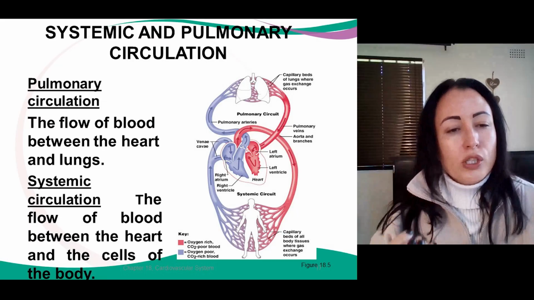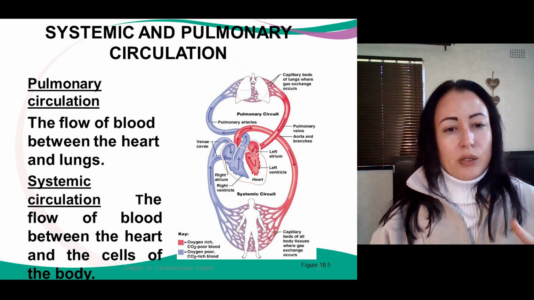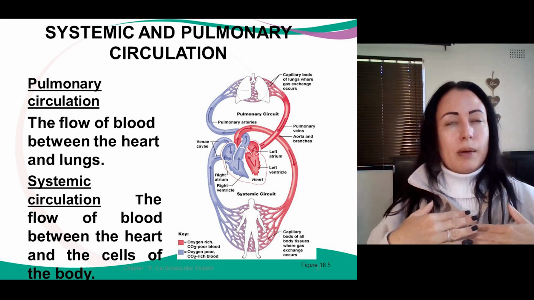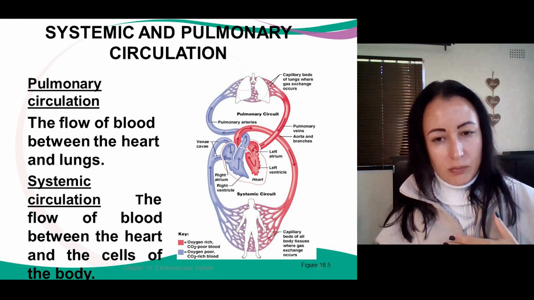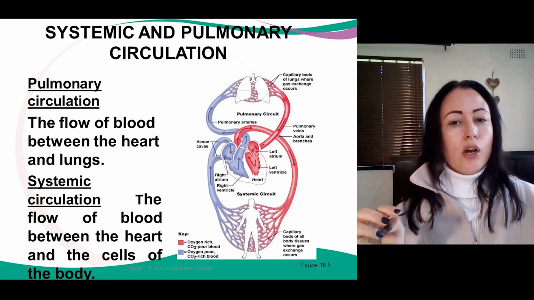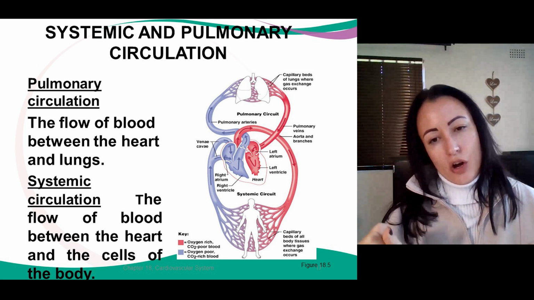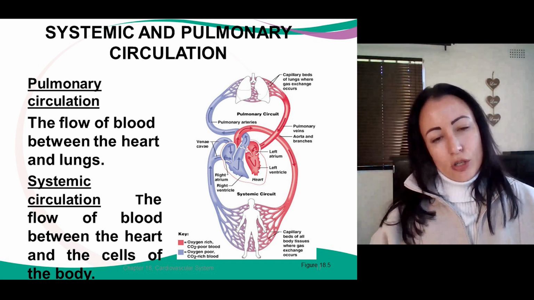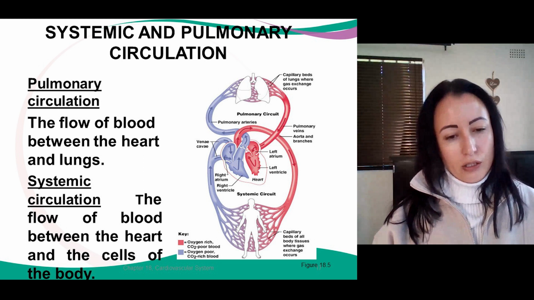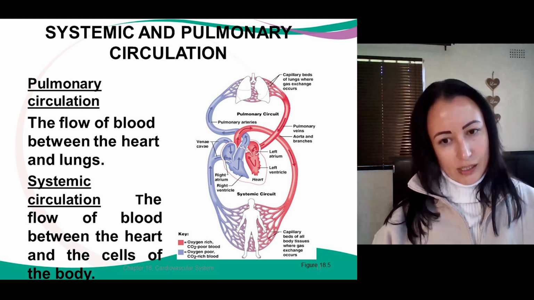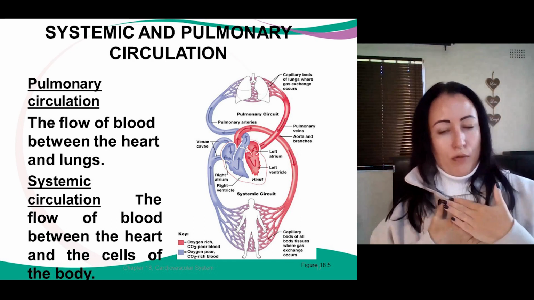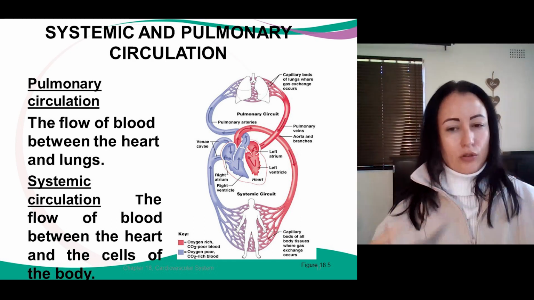Okay, and then we divide the circulation in our body into two, not to say that one thing happens and then the next one. It's constantly happening the whole time. We get the pulmonary circulation, which is the flow of blood between the heart and the lungs. So this is just about the heart and the lungs, forgetting that the rest of the body needs blood, but focusing on pulmonary arteries, pulmonary veins, lungs, and heart. The systemic circulation is the flow of blood between the heart and the cells of the body. So this is about moving from our home of the blood, our heart, down to the rest of the body,